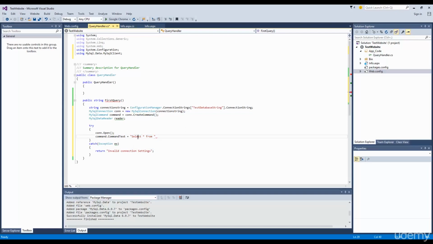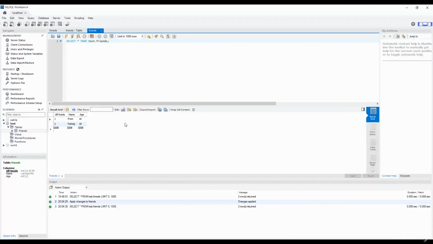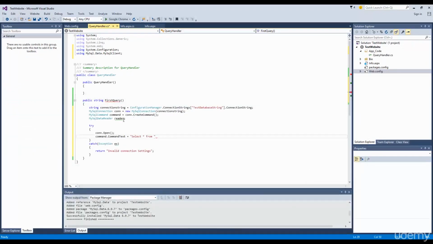It is a SQL command that we will learn when I will be teaching about SQL commands later in the course. So select star from, what was the table name we had? If you open MySQL, it says friends. I'll copy that and paste it here. Select star from friends,